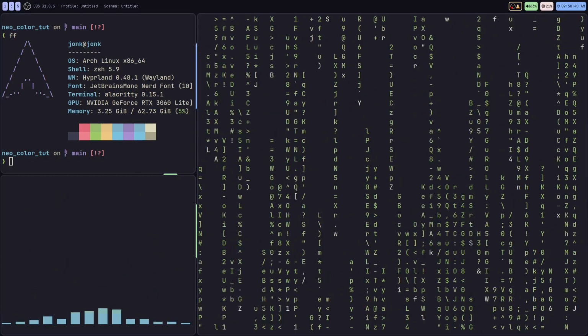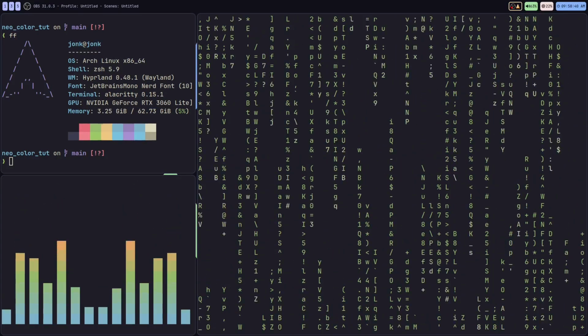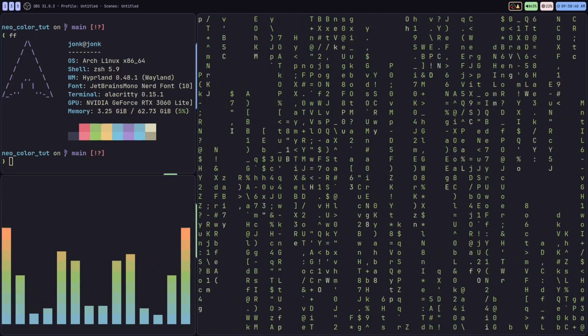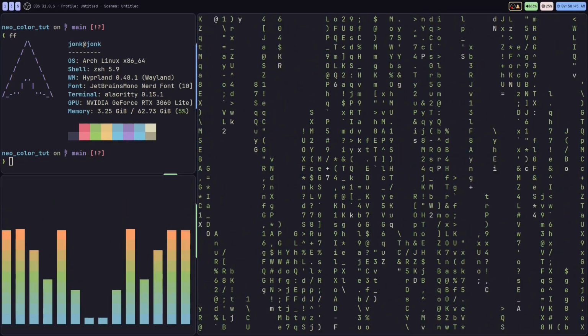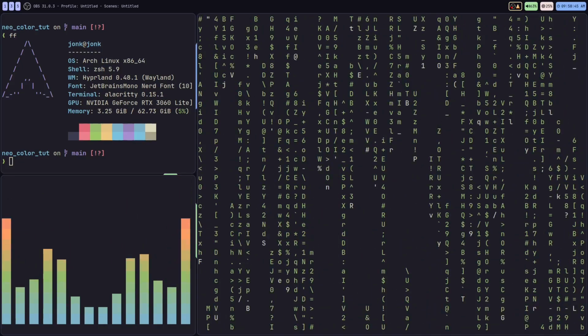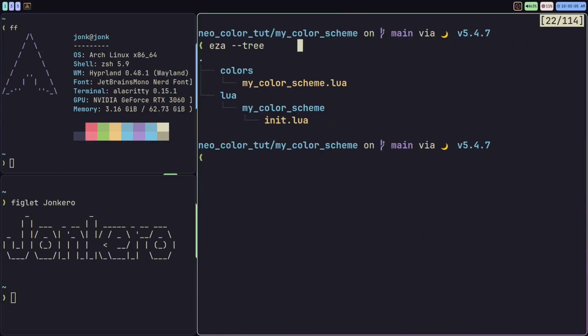Hello and welcome. Today we're going to be getting into making our very own Neovim Color Scheme Plugin. Something we can spam to the Neovim subreddit and post on our GitHubs. Okay, and to get started, we're going to be creating a directory for our plugin and